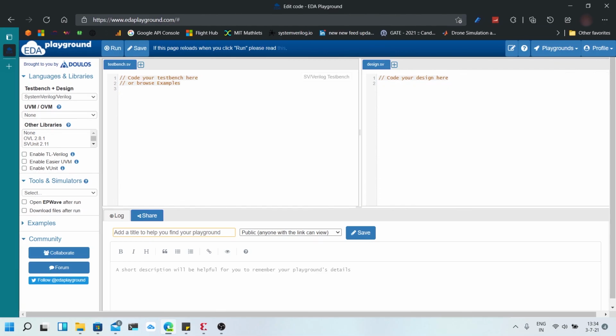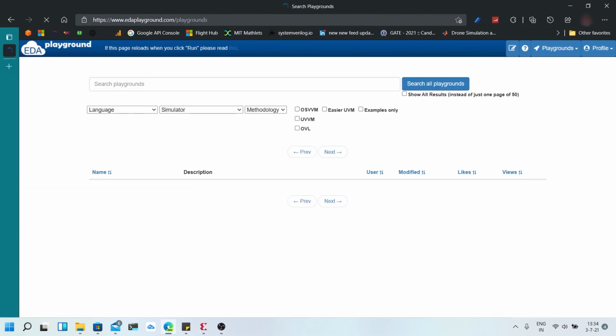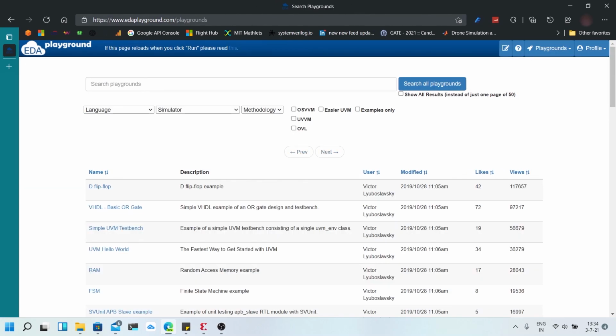Also in this playground we can see that there are many public codes uploaded by various different authors. We can click on published playgrounds, and then we can see different codes which have been uploaded by different users.